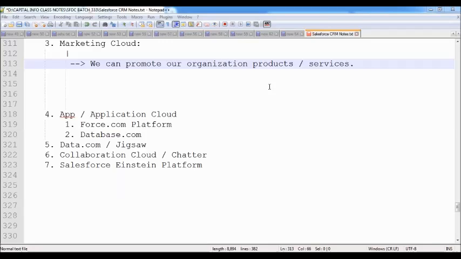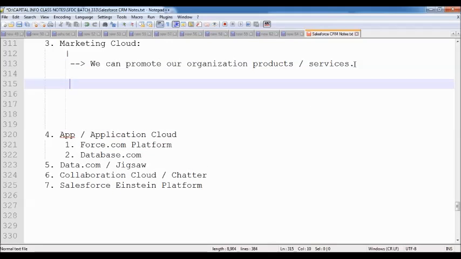If it is a bank, they will have millions of customers in the entire world. Now, in this case, how can we promote? To promote products efficiently, sometime before, we had two tools in the market.